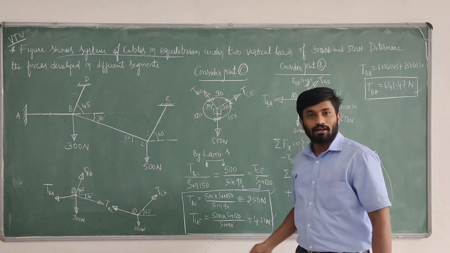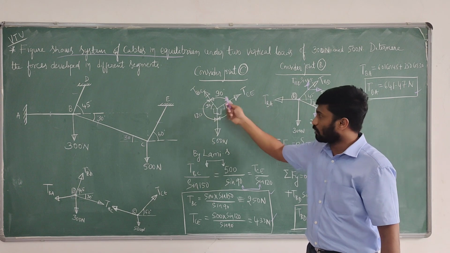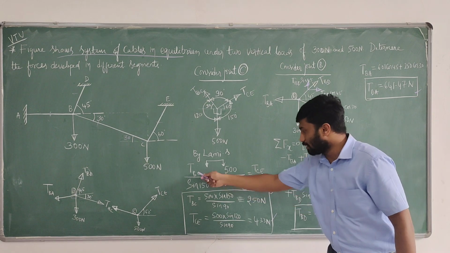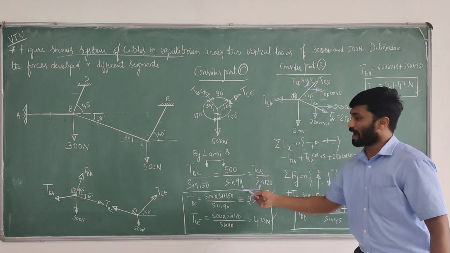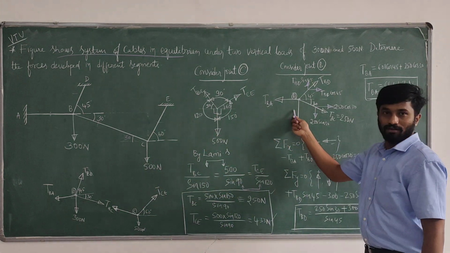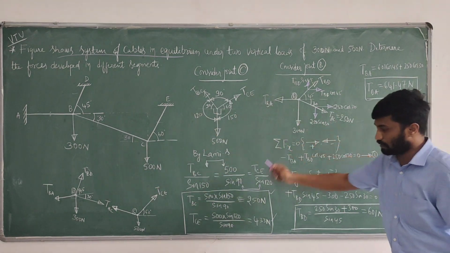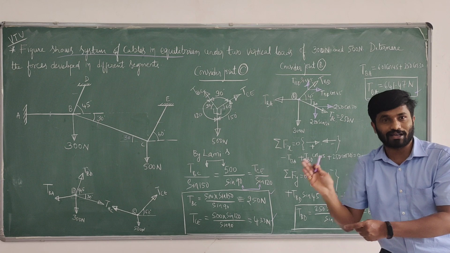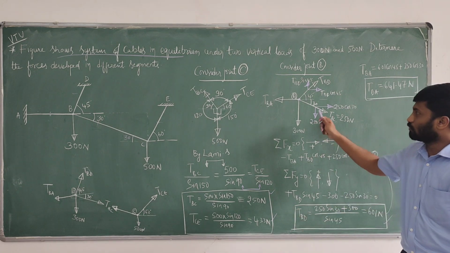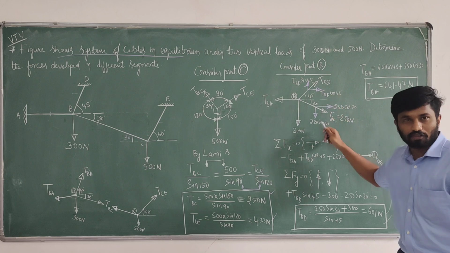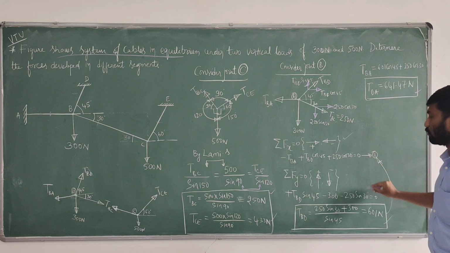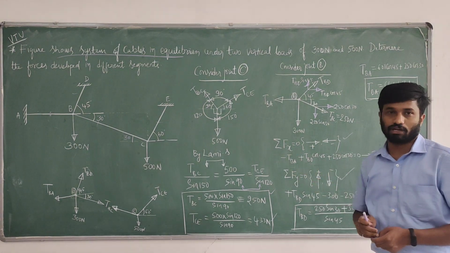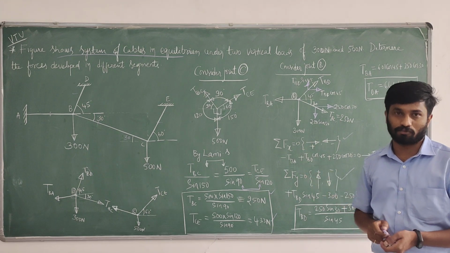So just compute the angles. Apply Lami's theorem: one of the forces divided by the sine of the angle between the other 2 forces. So we can compare two things easily. We are getting the unknown forces. Once we got the unknown force, back substitute and consider joint B. TBC is determined in the previous step. Substitute that value. Because here we have 4 forces, we cannot apply Lami's theorem. That's why we are using equations of equilibrium. Resolve these forces, apply equations of equilibrium, sigma Fx equals 0 and sigma Fy equals 0, and solve this. You get whatever unknown values are required. So these are very easy steps. Thank you.